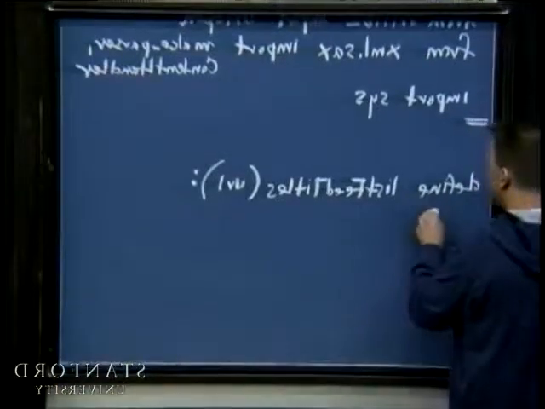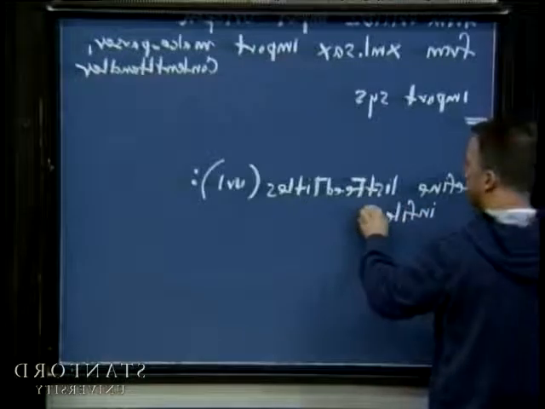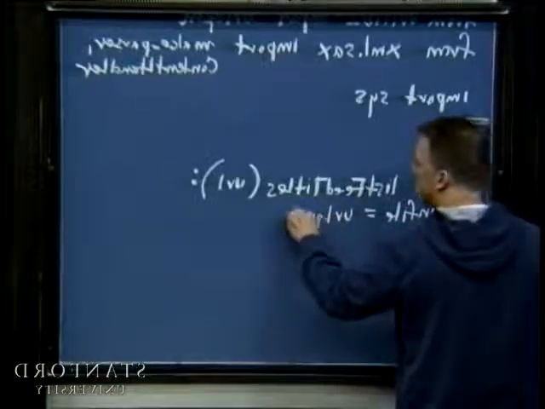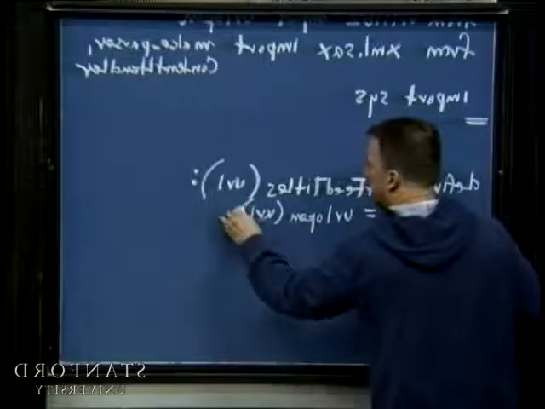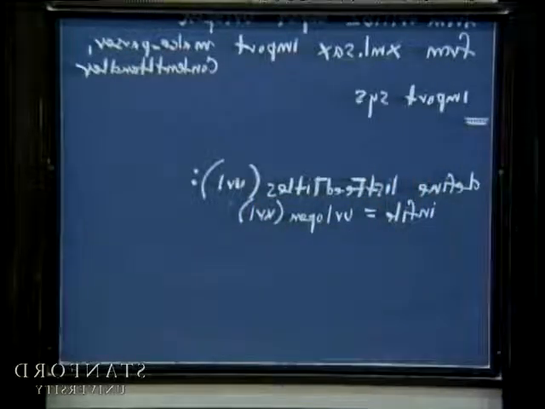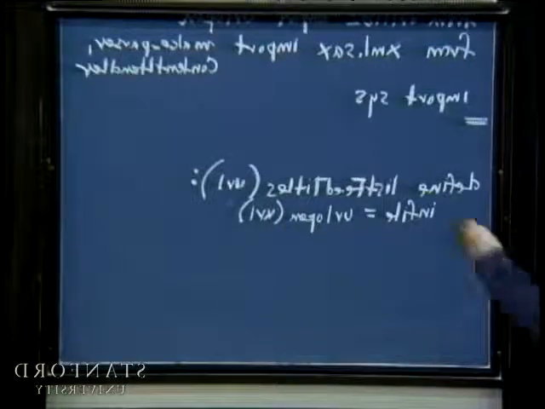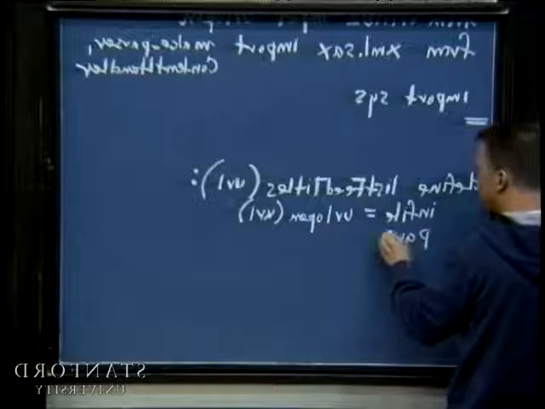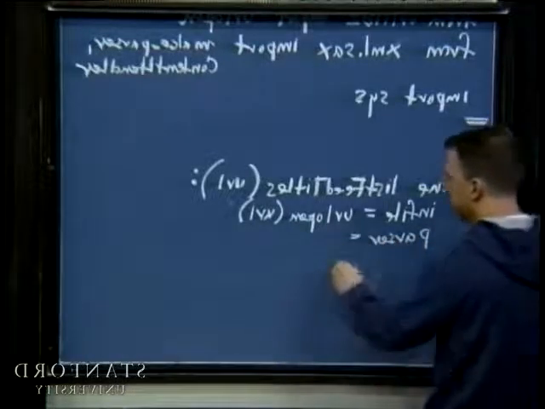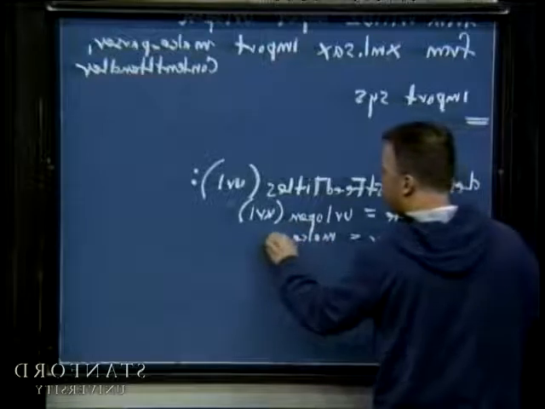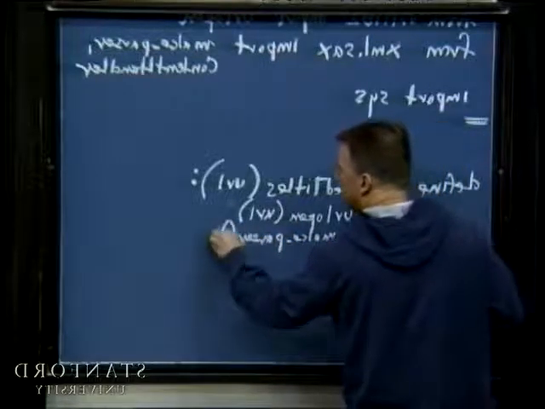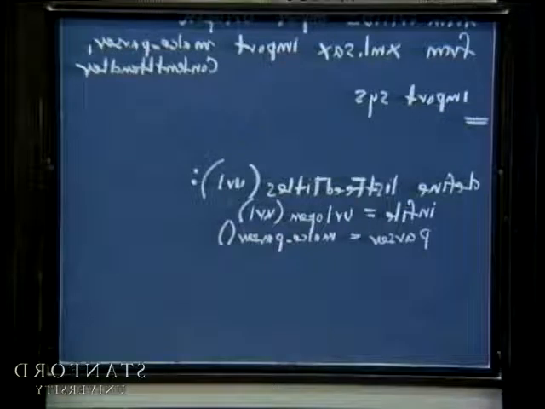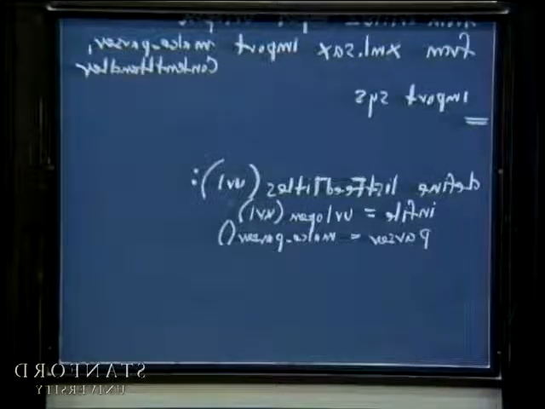What I want to do is not bother with error checking. I want to call URL open. That basically gives me the file star that knows how to extract text from some remote document at that URL. Parser is equal to make parser. Now there's a little bit of mystery as to what that's doing. You have to just assume that it's some XML parser, and that this make parser thing is just returning a generic XML parser that doesn't know what type of XML document it's going to be processing.